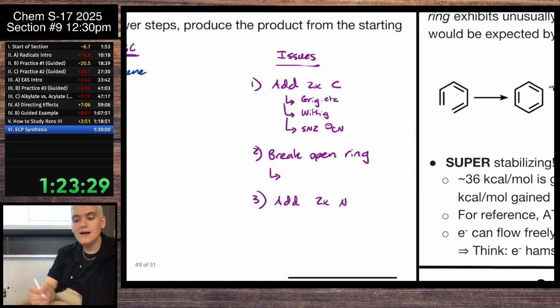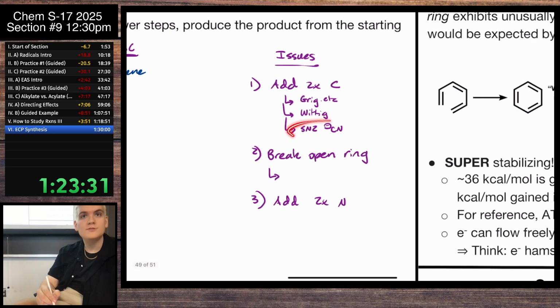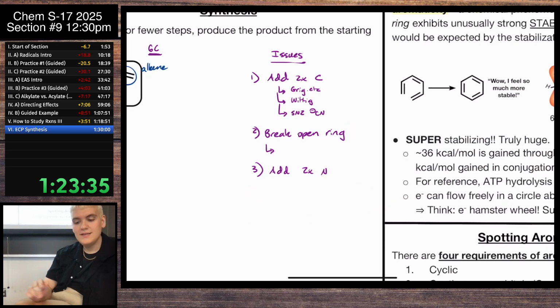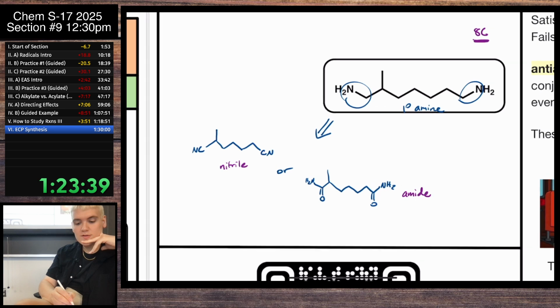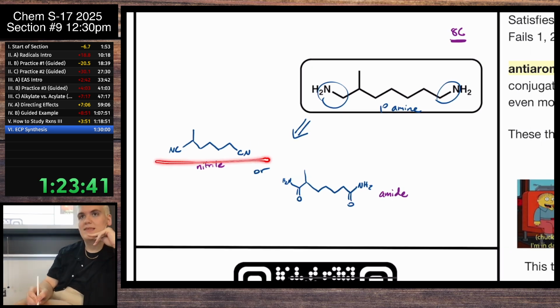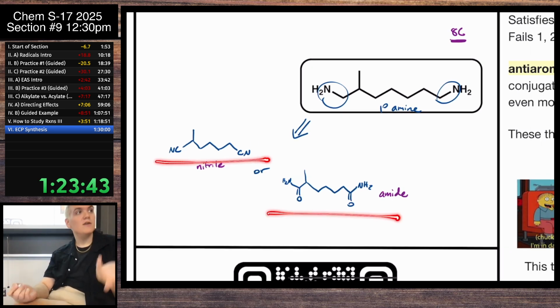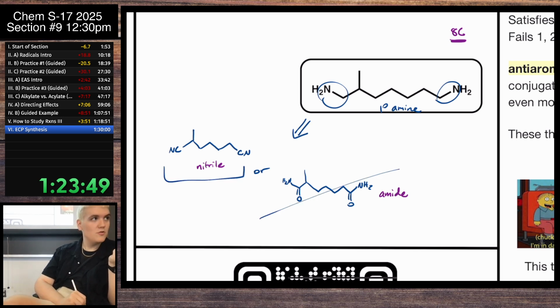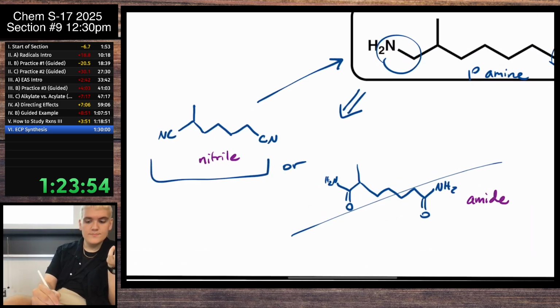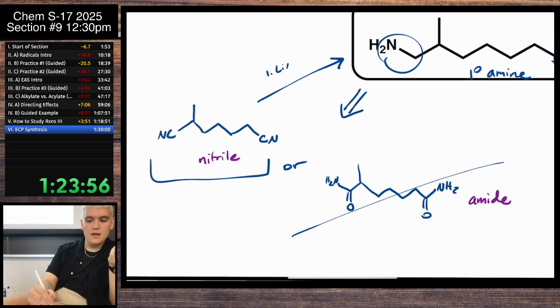And because we see that this is one of our options, and we see another goal is we need to add 2 nitrogens and 2 carbons, does that lean you towards the nitrile method or the amide method? Nitrile, because it does 2 of our goals at once. So let's say, hey, this is our route that we want to try. Let's ignore this amide and see if it works out. So our last step, we could do the lithium aluminum hydride